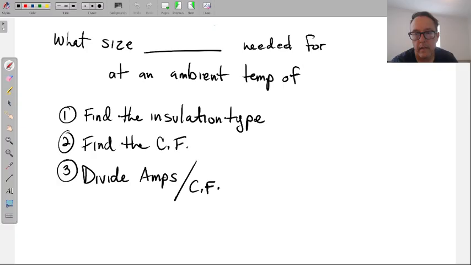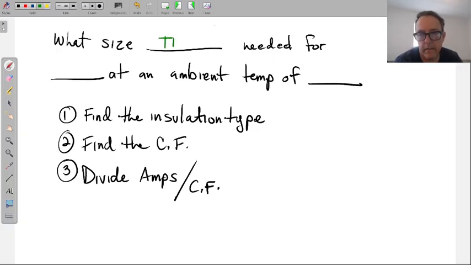But here's the last one in the world of temperature, which is: what size conductor, sorry, I guess I erased wire when I was erasing wire. Well, actually, no. Blank is needed for... okay. So here, I'm going to tell you THHN, THWN, sorry, I need a third one. THWN, so I'm going to place an insulation here. What size, let's do THHN, THHN conductor is needed for,